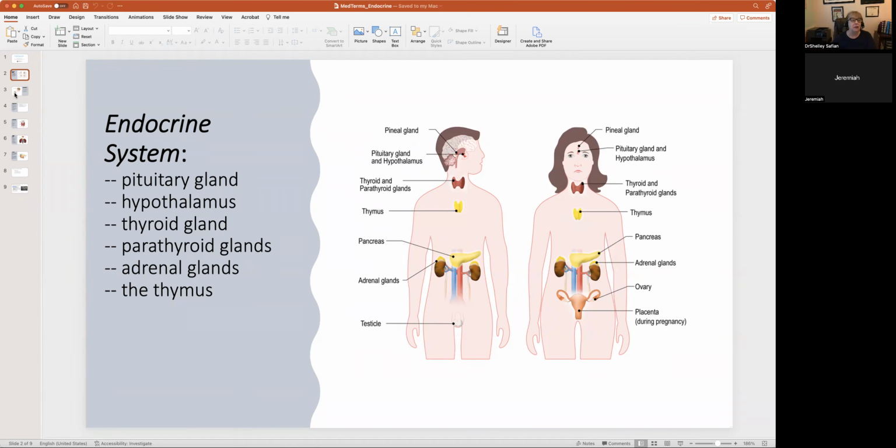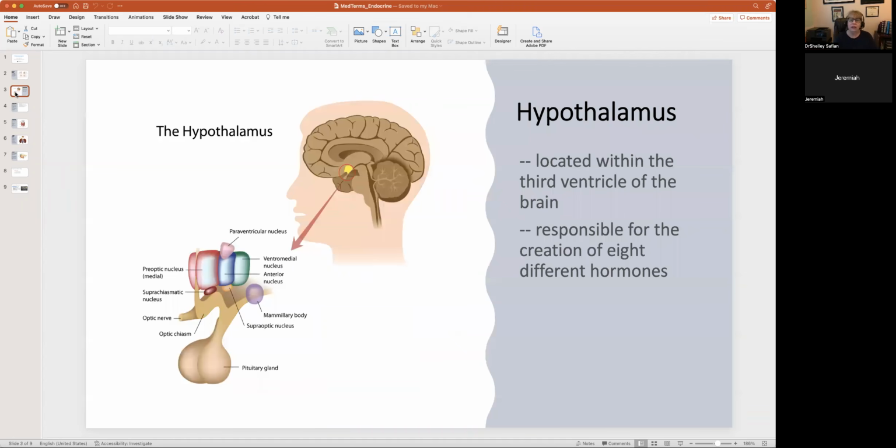All right. So let's take a look. The top of the list, always starting at the head, is the hypothalamus. And as you can see from this illustration, it is deeply embedded in the center of the brain. All right. It's located within the third ventricle of the brain. Remember, we learned about the ventricles of the brain and how they are separated by sulci. Okay. And this, of course, is different